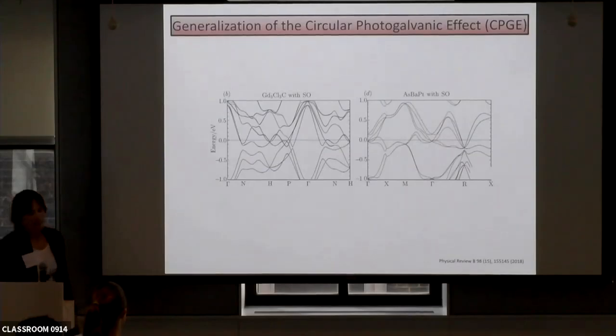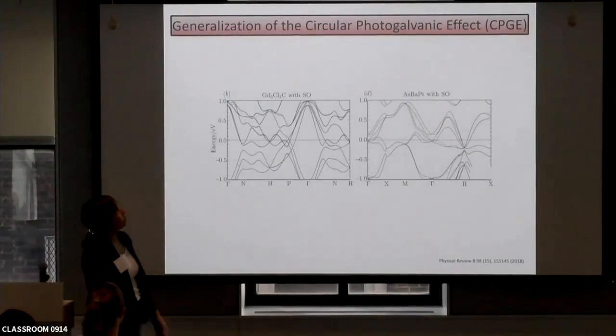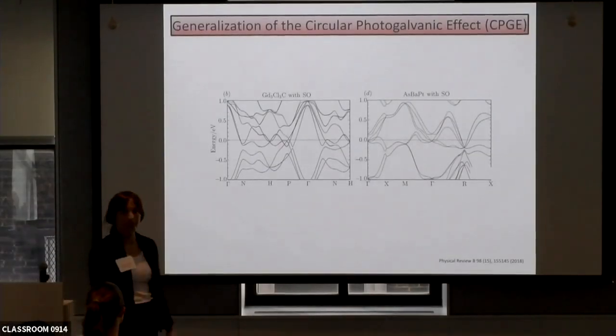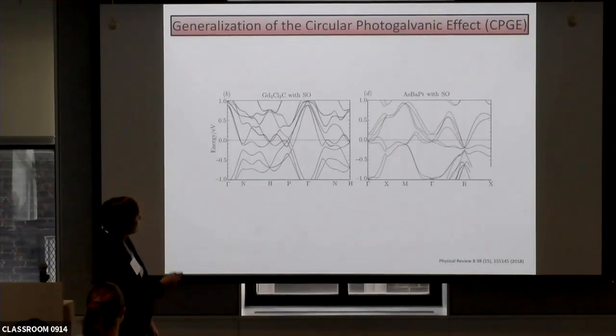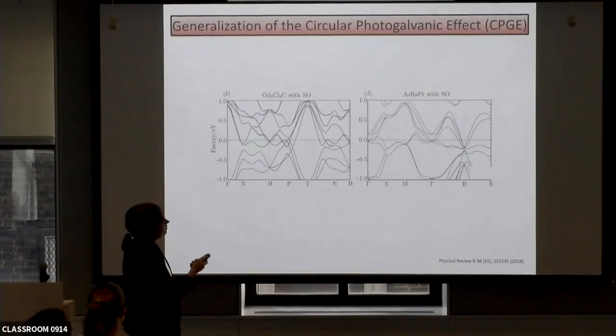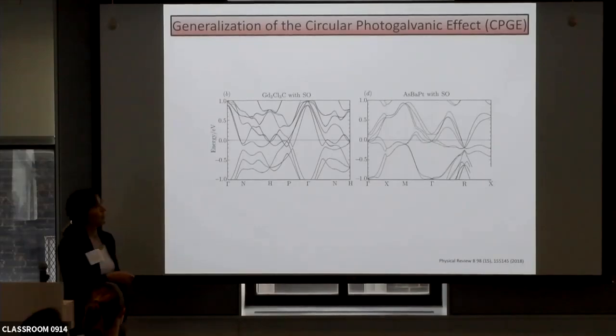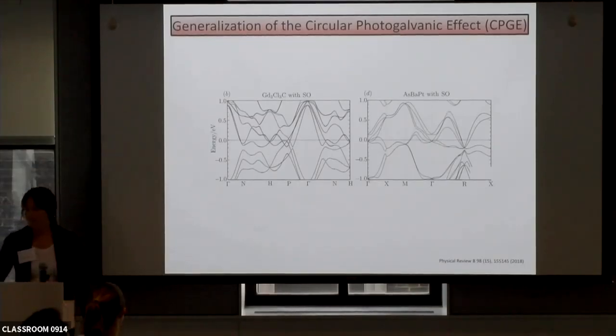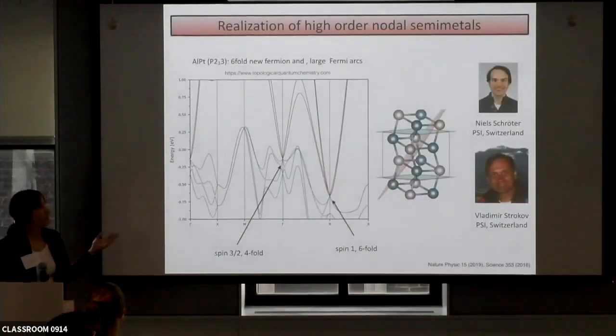Okay. In the same paper, we also presented more materials where the threefold crossing is close to the Fermi level, because so far no one has measured a material with a threefold crossing, and also another material with a clean band structure with a fourfold crossing also close to the Fermi level. All right, so this was the motivation and the semimetal classification, and now we go to